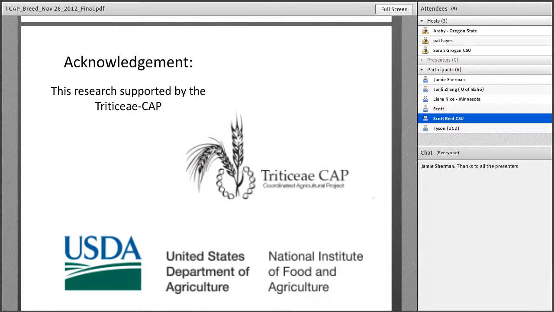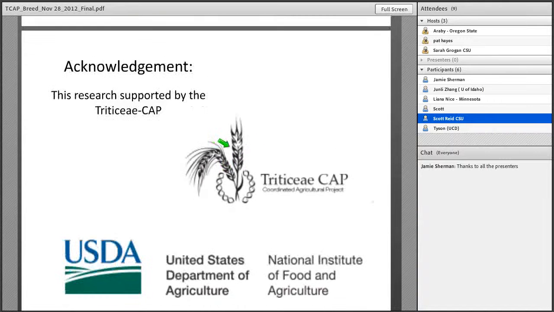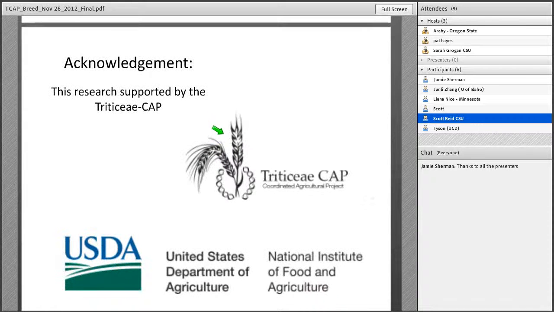To identify these regions, we are still doing traditional marker-assisted selection and QTL mapping in mapping populations. We are doing association mapping to identify regions of interest. We are doing QTL mapping on biparental populations. This is an example of a QTL for cold tolerance, just recently